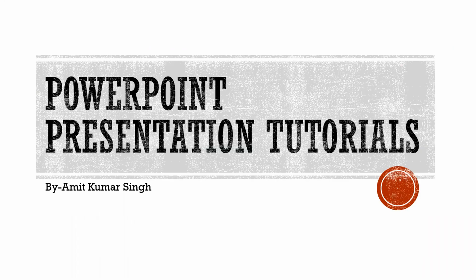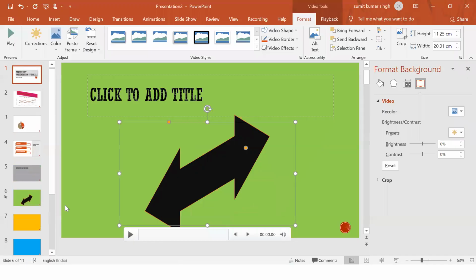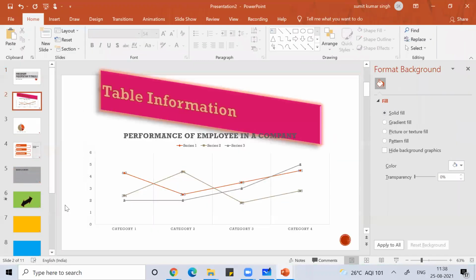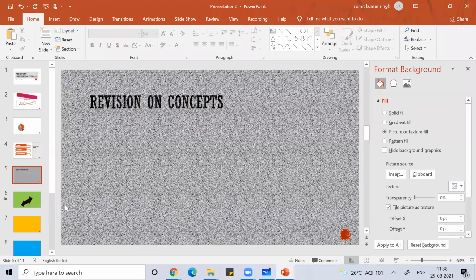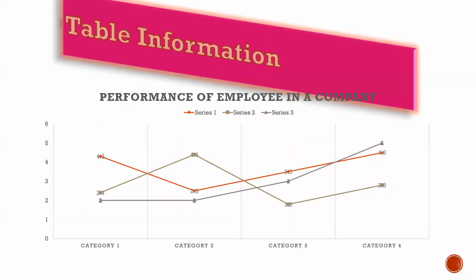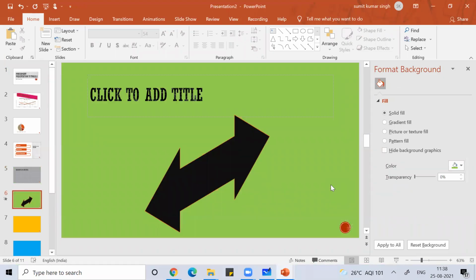But whenever I press F5, it starts from the first slide. But I don't want to start from the first slide. Suppose I'm on some slide, and I want this slide to become bigger. What I can do, can you see this key? Slide Show, just click there, and that slide will come. Clear, everyone?